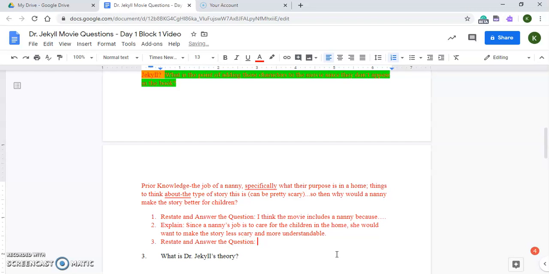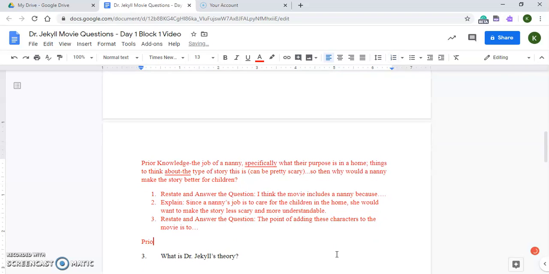Okay. And I'm going to restate it as, the point of adding these characters to the movie is to... and then I'm going to explain it, okay? So again, I had to think about, well, what prior knowledge do I bring to this? So the things that I think about for my prior knowledge on this question